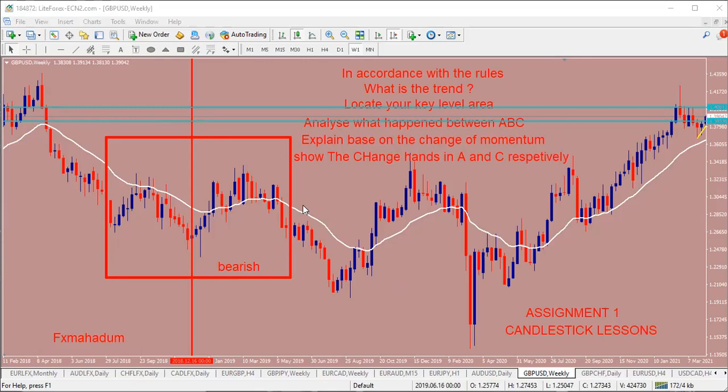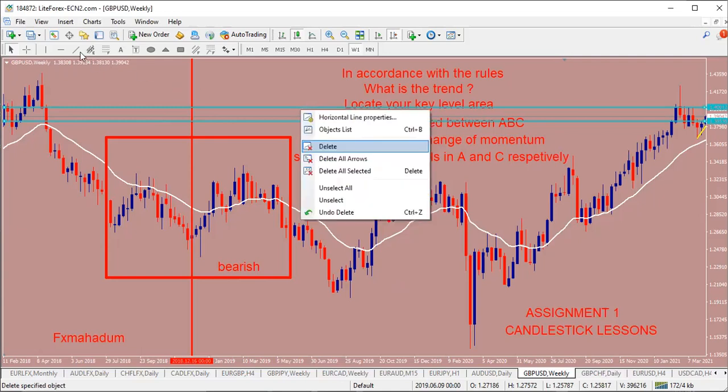Now, what are key level areas? Key level areas are support and resistance zones that price reacts to. So at this particular region, our key level area is this place. This is the previous support of the market, this particular place where my rectangle is. So we've done that. This is our key level area. Now, if we extend the key level area, we realize that